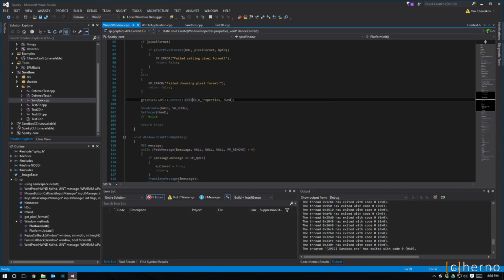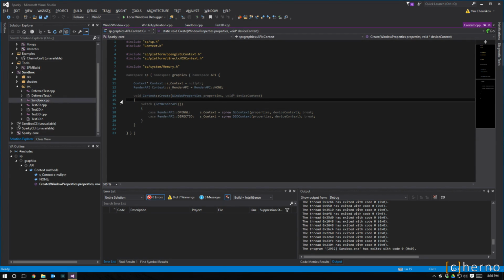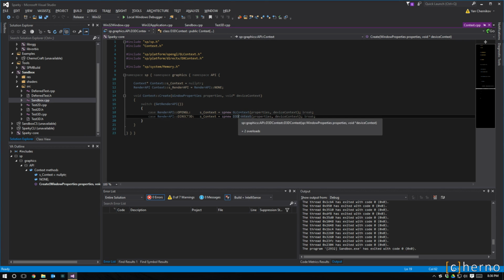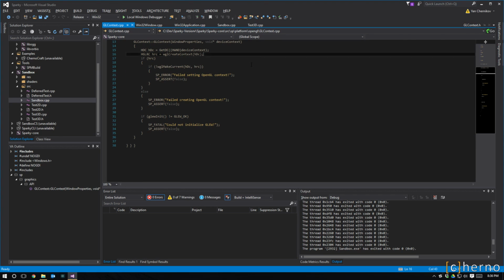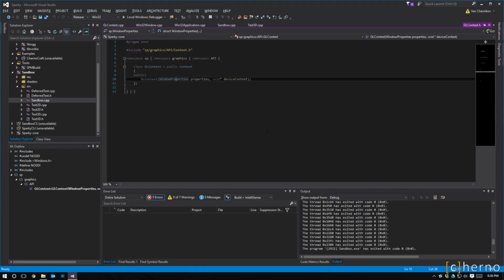However, when you go into the context create implementation, there is a switch. Basically we'll get the render API, and depending on which one, we'll set the context to a subclass of this class. So for example, for OpenGL, we will set it to GL context, which is actually pretty brief here. In the case of